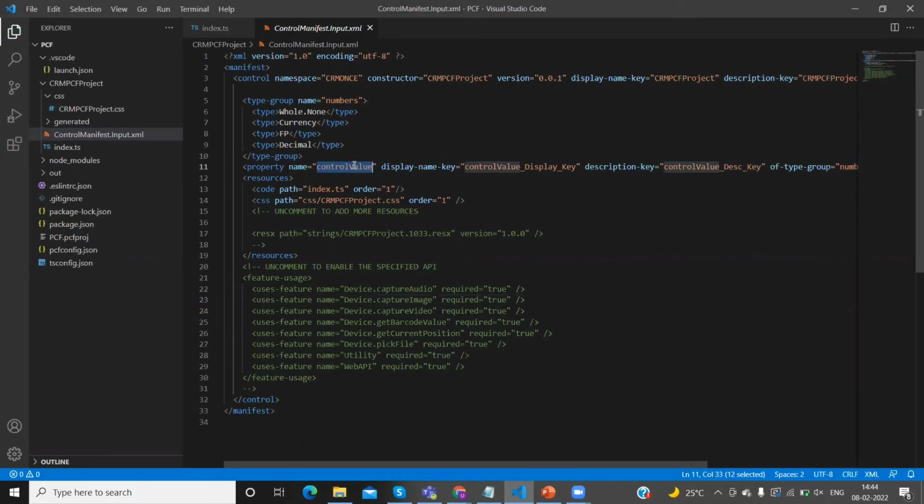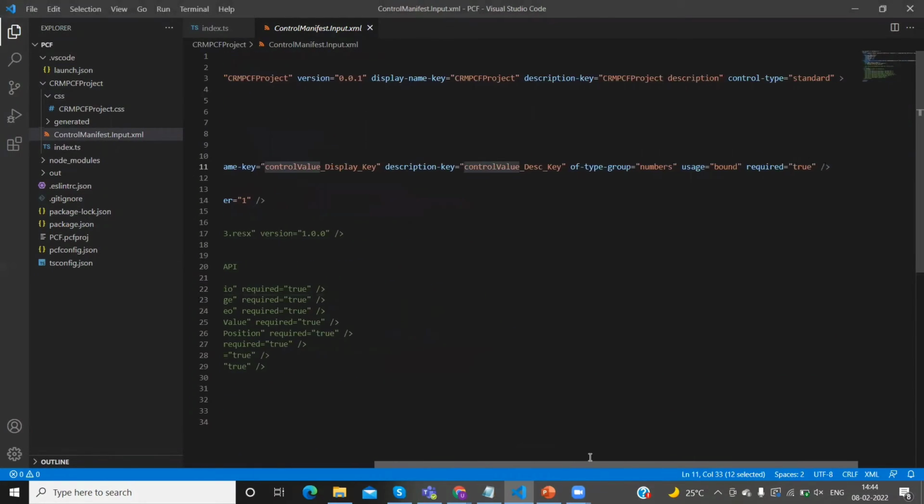The control property name is control value, and you can see how we can bind to that. I have created this one as bound, so the usage is bound. In real time, you can bind that particular field to this control property, or you can pass something as a